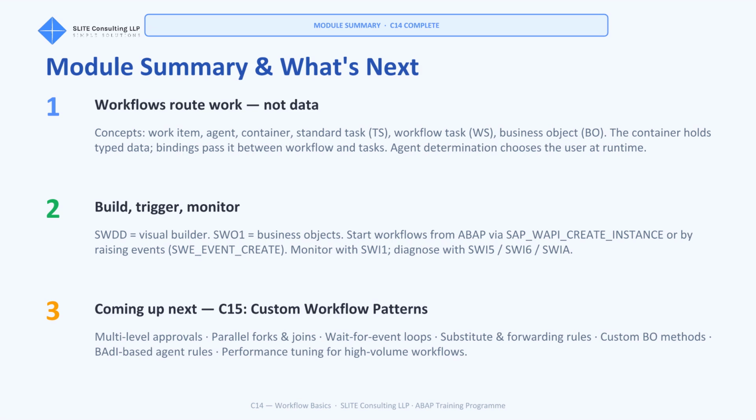SAP_WAPI_CREATE_INSTANCE for the direct method or SAP_WAPI_CREATE_EVENT for the event-based method. Always commit work first, activate the workflow after every change, test agent determination function modules independently before going live, and provide fallback agents. Your lab for this module builds a PO approval workflow end-to-end: standard task, two-step WS, trigger from ABAP,